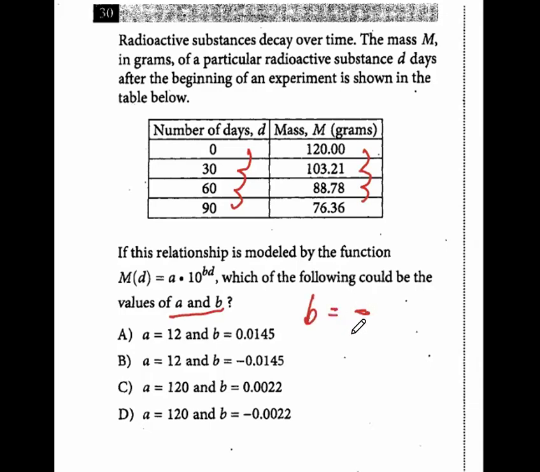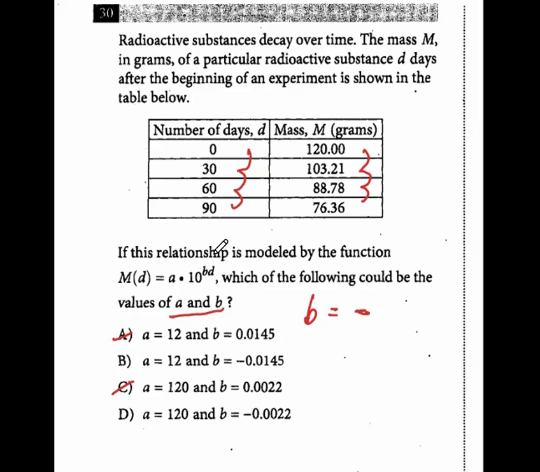If it was a positive value, then the mass would continuously increase and not decrease. So that means that b has to be a negative value. So it can't be answer choice A, can't be answer choice C. And then between 12 and 120 for a, well, when